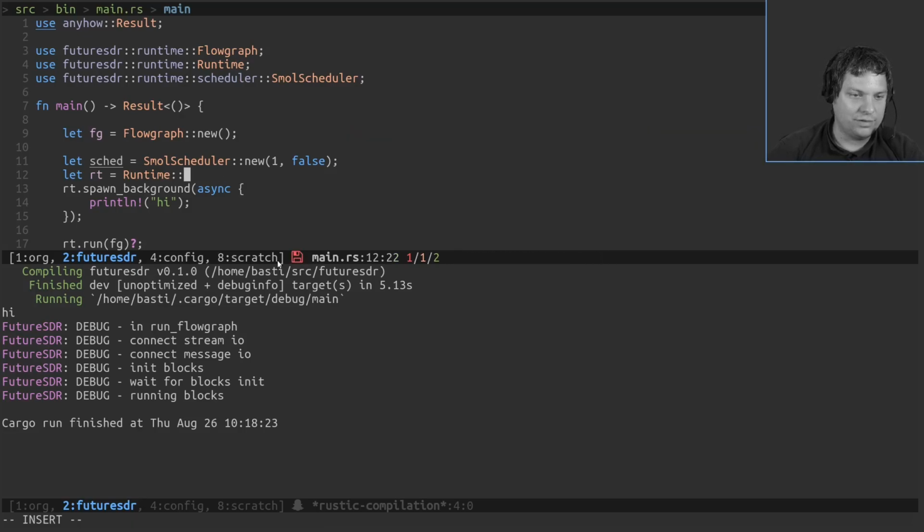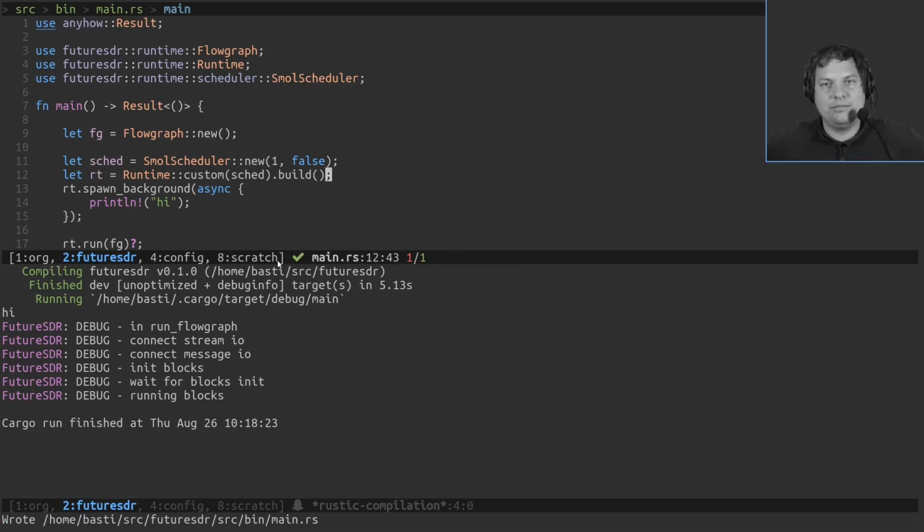And instead of creating the default runtime, we create a custom runtime using this scheduler, and we say build, because we use this builder pattern really often. It's widespread in Rust because Rust doesn't support optional or default arguments to functions.